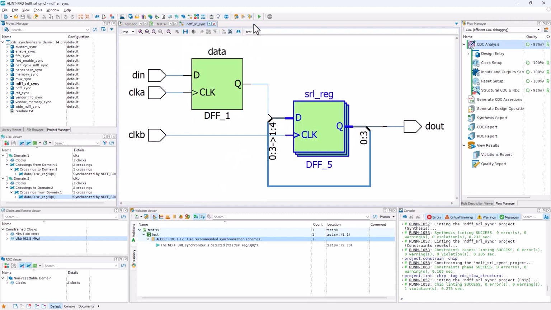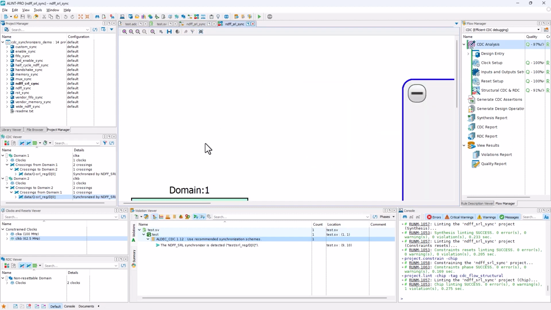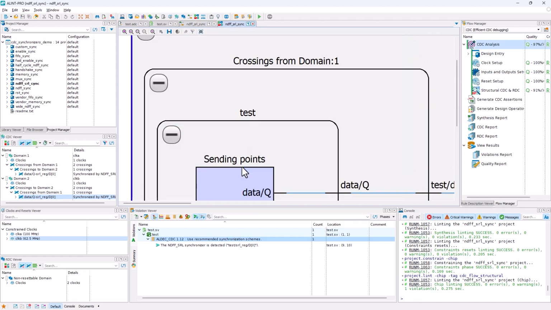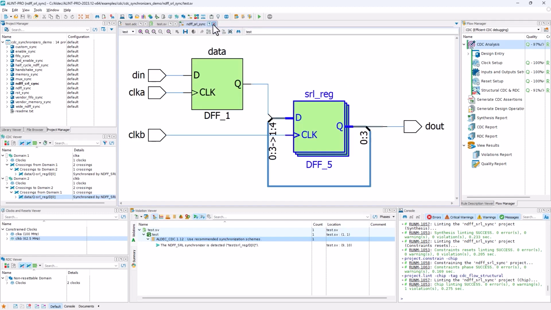Closing that policy tab, we can also take a look at the very last tab, namely the CDC schematic window. And again, we can go ahead and expand both of these and zoom out to show their full breadth. And then we can see the crossing. And again, we can see that the name is the NDFF SRL Synchronizer, or the Shift Synchronizer. And it's the exact same information as shown in the previous ones, where the tool recognizes what kind of synchronizer we're working with. All right, so now we can go ahead and close all of these up